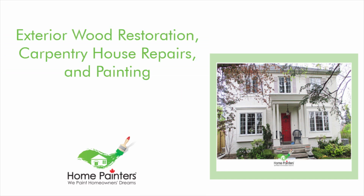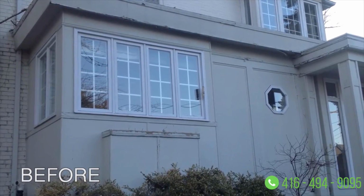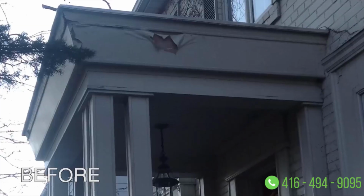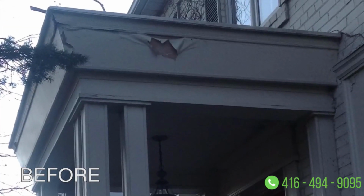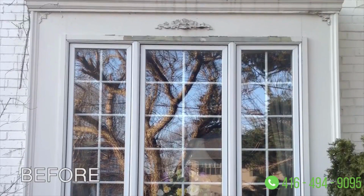I'm really thrilled to bring you this next project. This next project was a huge job actually. It was a huge undertaking. There was a lot of wood. It was basically an exterior wood restoration project as well as painting. And the challenging part was there was a lot of old wood that was rotted out, as you can see